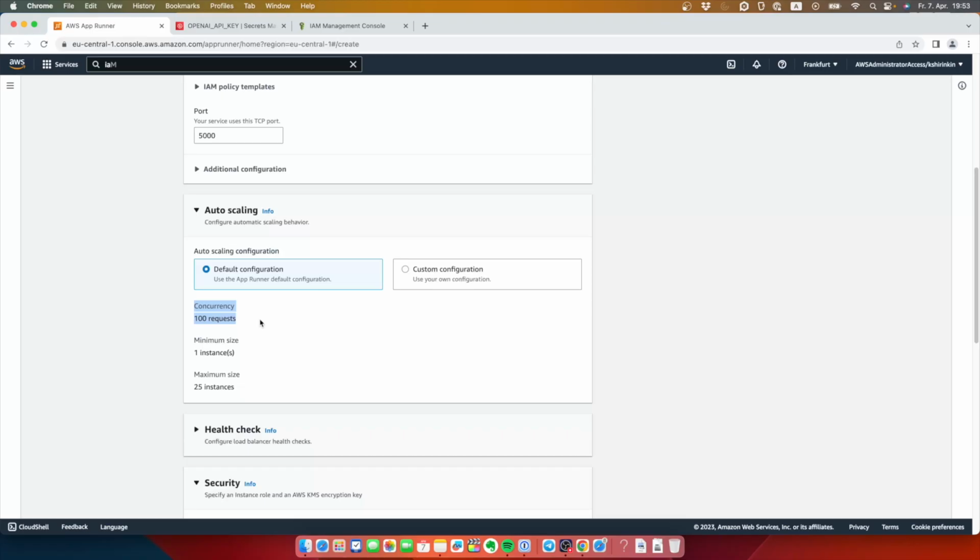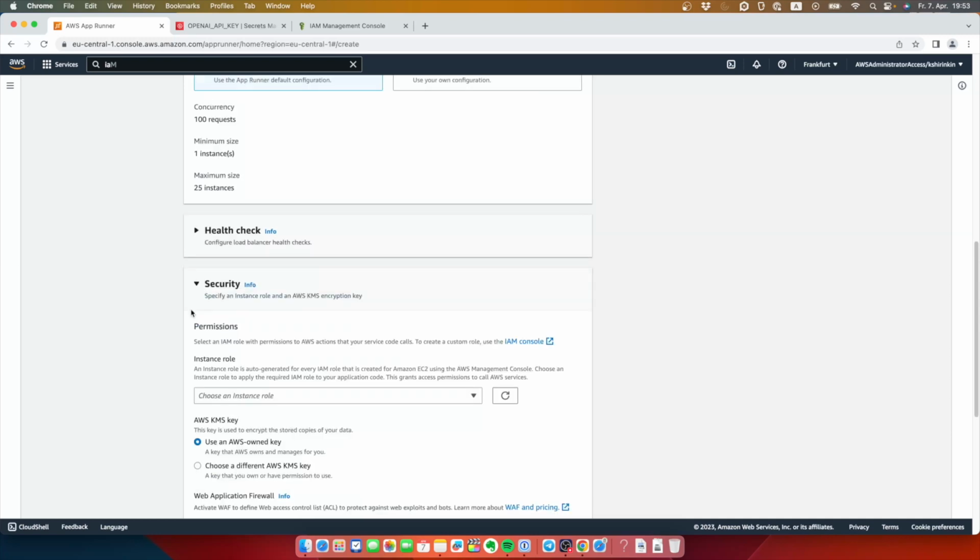It's a curious concept because autoscaling in App Runner is always bound to how your application works and not to CPU or memory consumption. You need to know how your app processes requests in order to be able to configure the autoscaling. Otherwise, you might end up with performance issue, or you will just overpay for the number of instances that App Runner created for you. In other words, you need to do your homework to be able to configure App Runner correctly. As for this service, I will just use a default configuration.